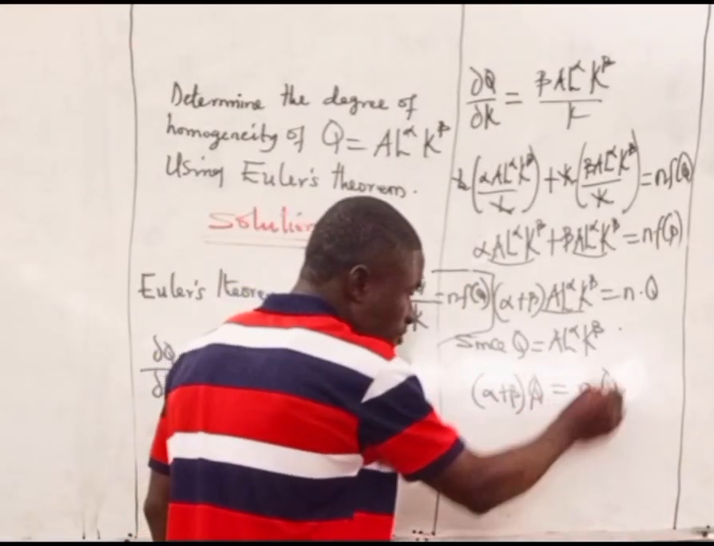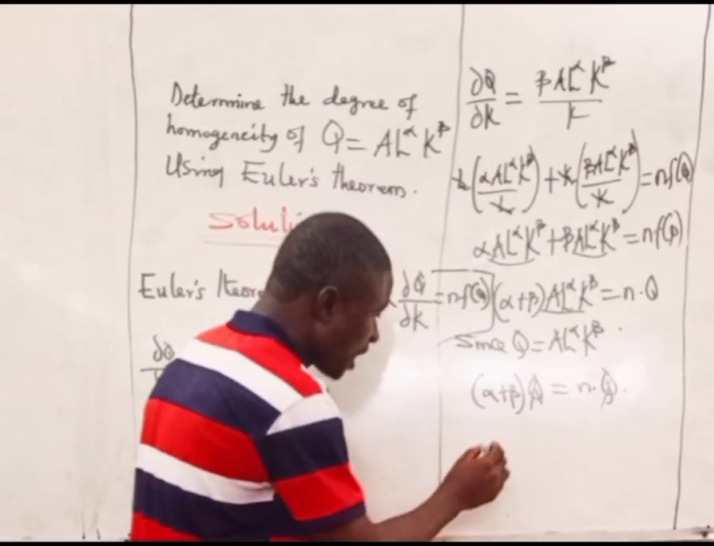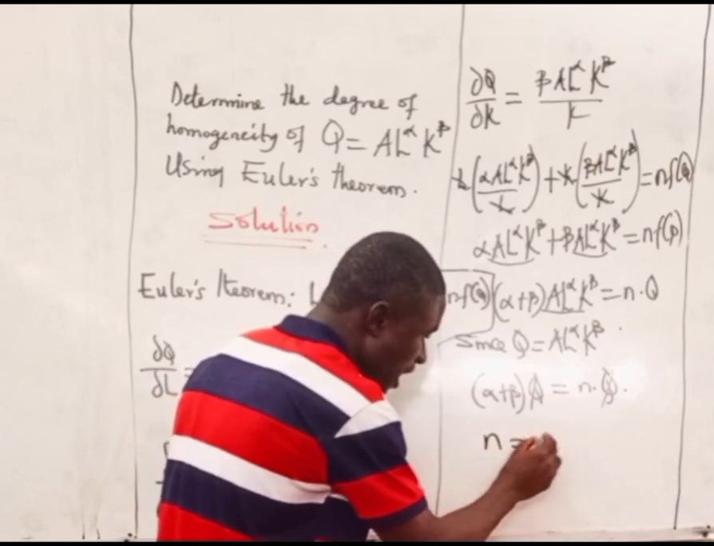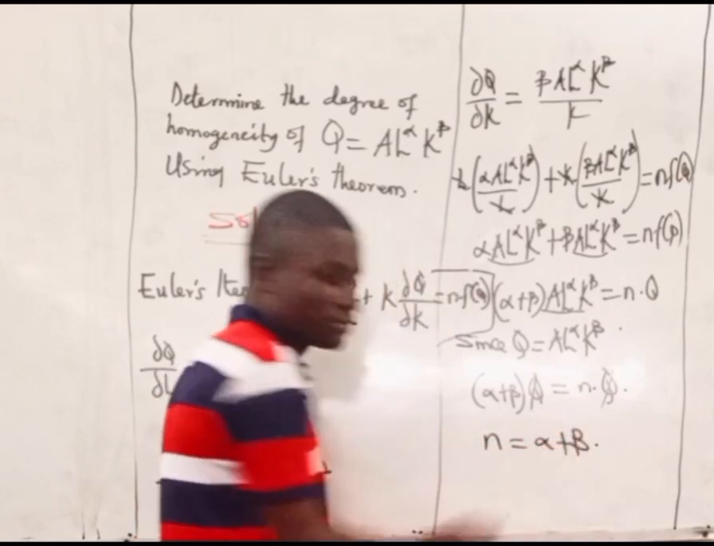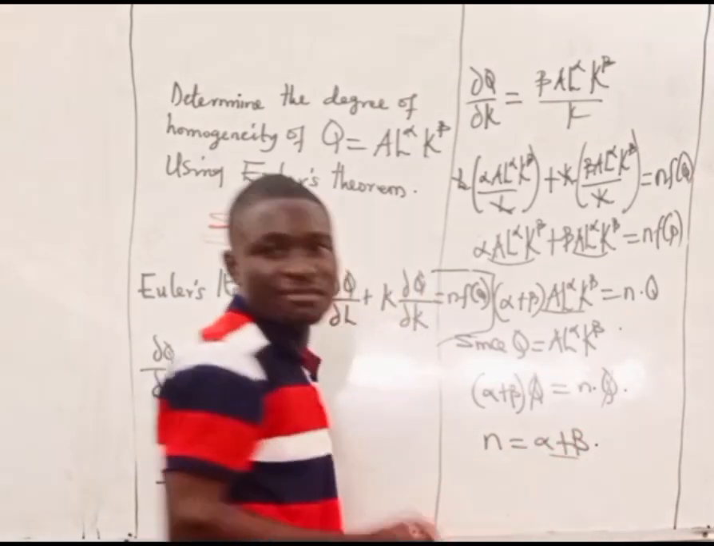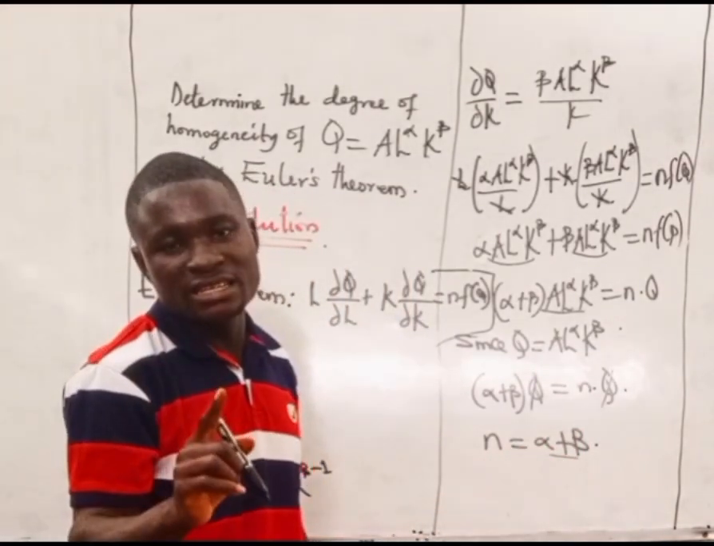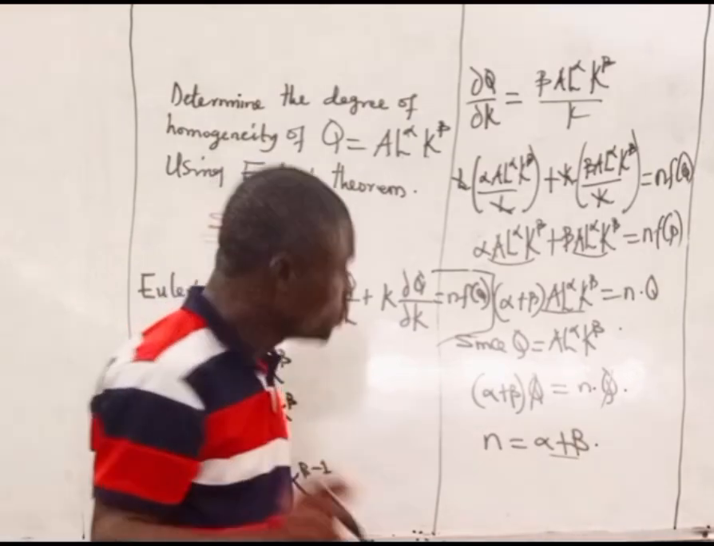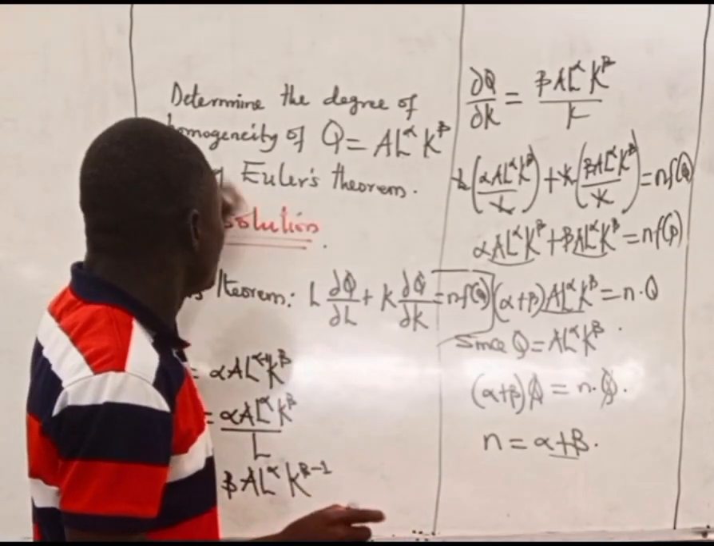Now, if you divide both sides by Q, you're going to have your n equal to alpha plus beta. Thus, alpha plus beta represents the degree of homogeneity that you are required to find. Remember,